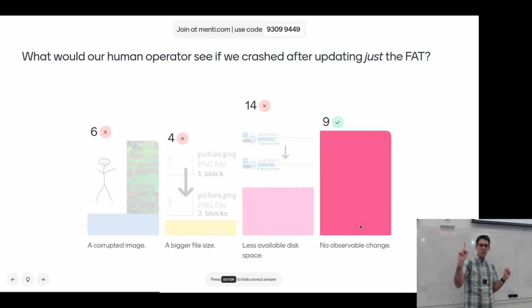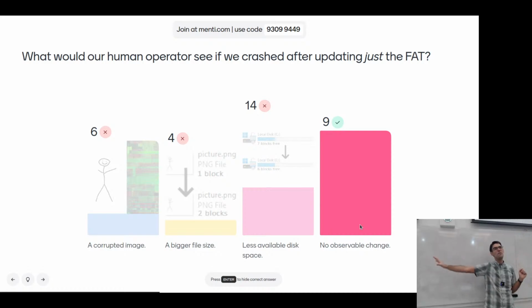But the other thing that we've got is the file size. The file size is in the stream extension, and the stream extension is in the directory entries for this file. When I'm opening the file, my program like Microsoft Paint isn't going to know anything about clusters. It's going to be told there's this many bytes in the file, and I'm going to read that many bytes.